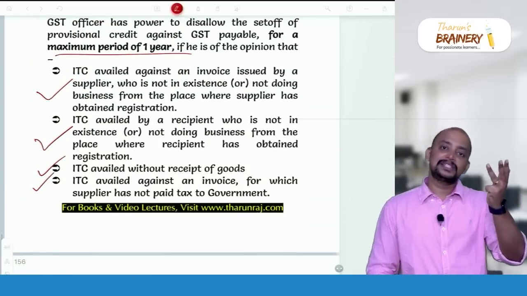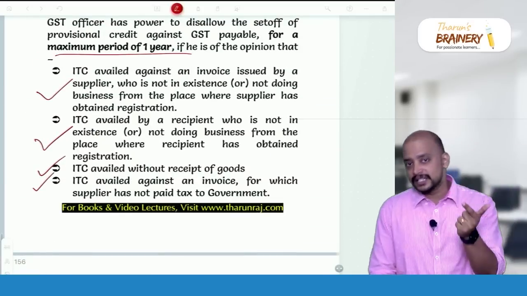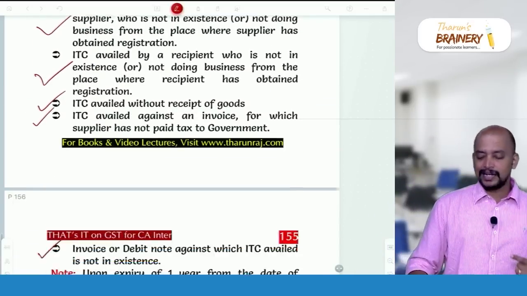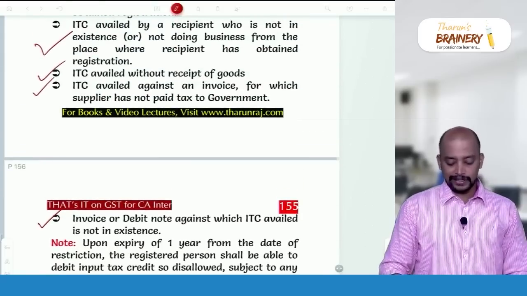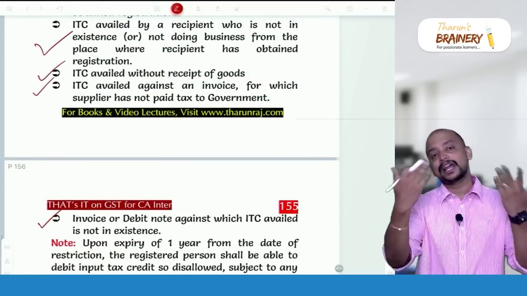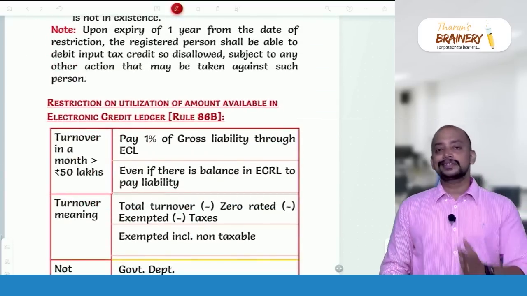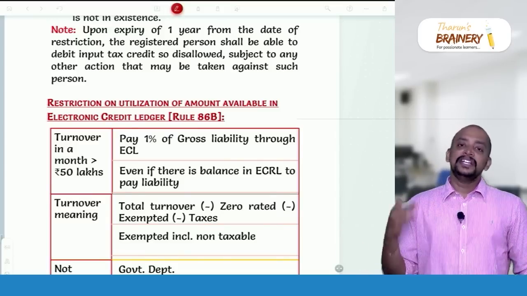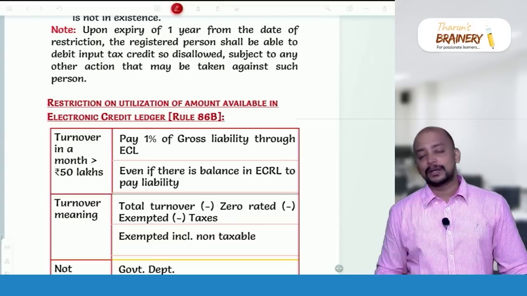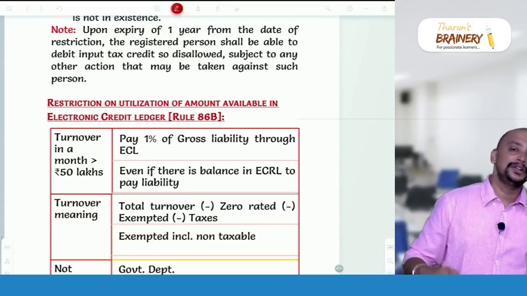So supplier is missing, recipient is missing, or invoice is missing. 3 things. And then ITC availed without receipt of goods and debit note, and ITC availed against an invoice for which supplier has not paid the tax. So in these cases, the ITC availed will be disallowed for a maximum period of 1 year, and after 1 year, if that is a fake credit, it will be disallowed permanently, otherwise it will be recredited into their electronic